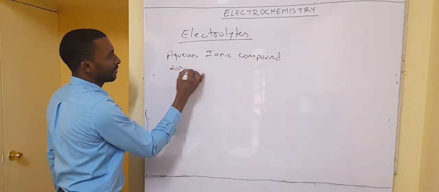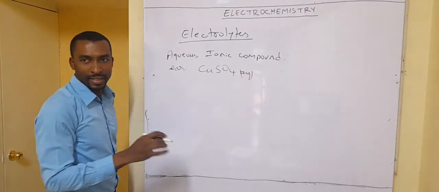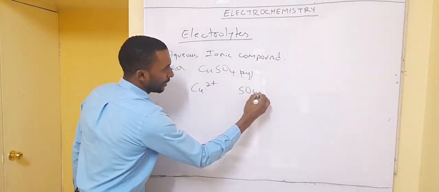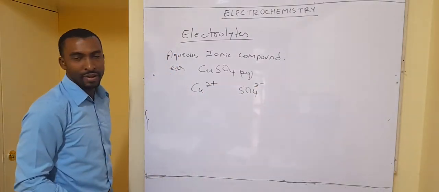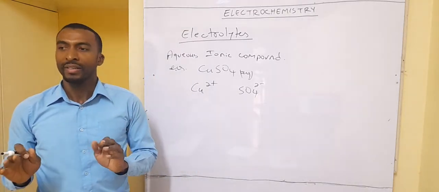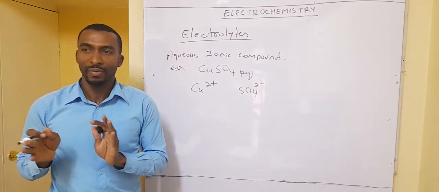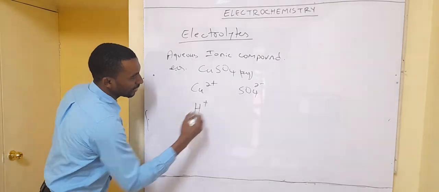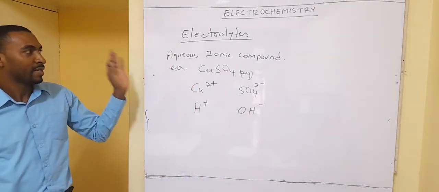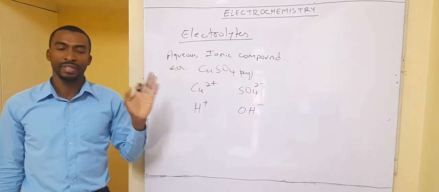For example, as I said before, copper sulfate solution, AQ. In this, we're going to have copper 2 plus ions and sulfate 2 minus ions, right? However, when we dissolve an ionic compound in water, the water tends to ionize a little more. So you're going to have H plus ions there as well, and OH minus ions in solution as well, right? So that is why whenever we have an aqueous solution of an ionic compound in solution,